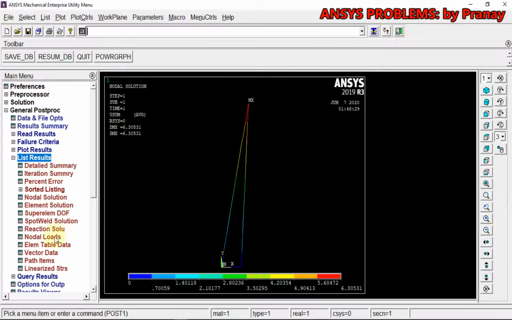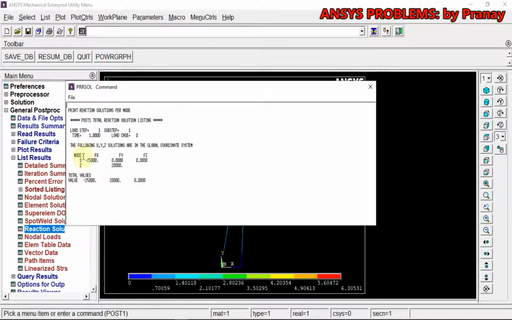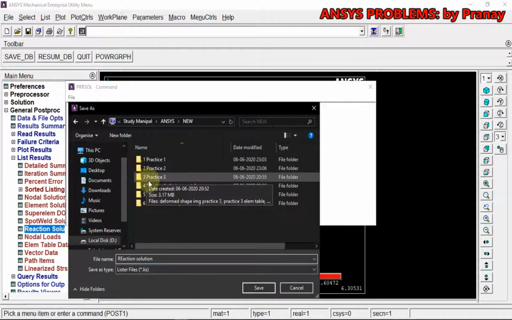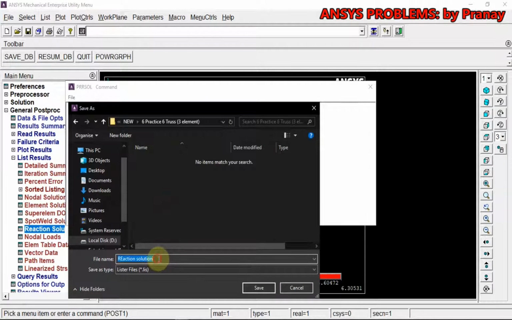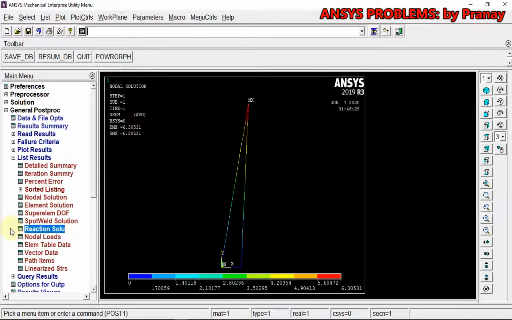So list results, reaction solution, all items, okay, and we have this much. So file, save it as reaction solution, but in the sixth one, reaction solution, save. So we saved it over here.